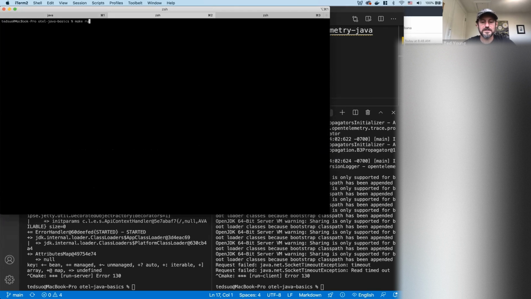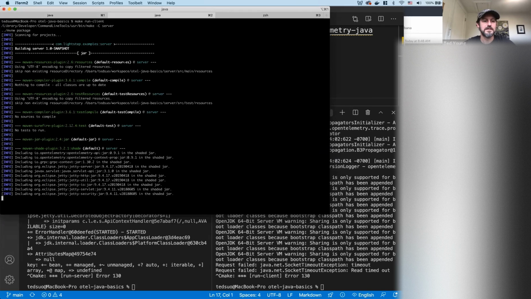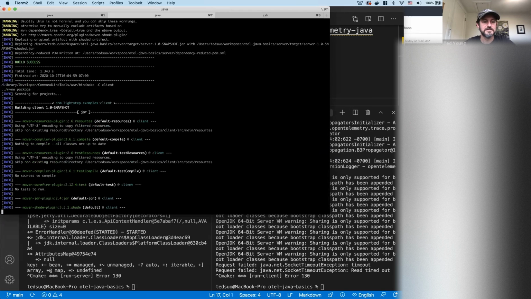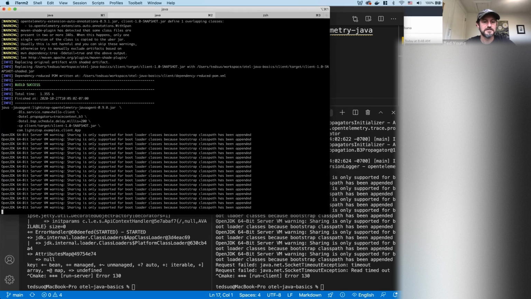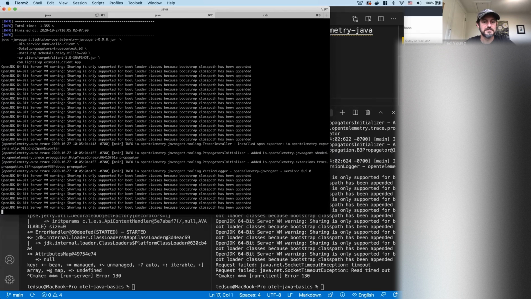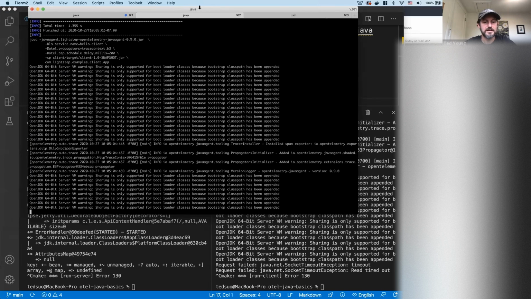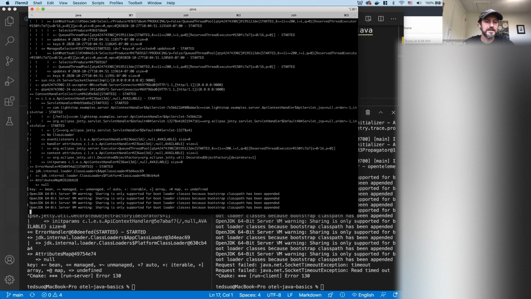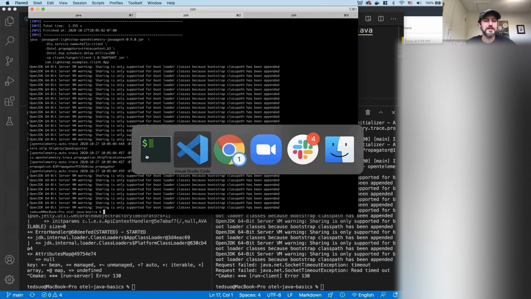And up here, say make run client. Okay, and that exited cleanly. So we successfully connected to our server from our client.